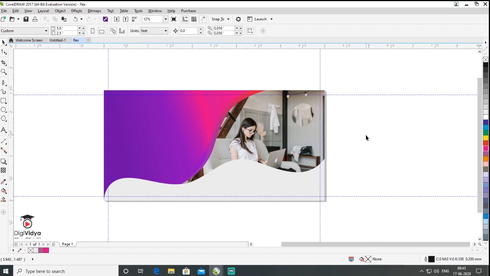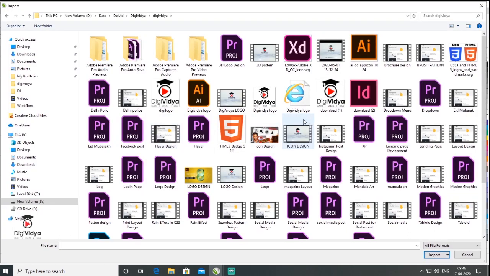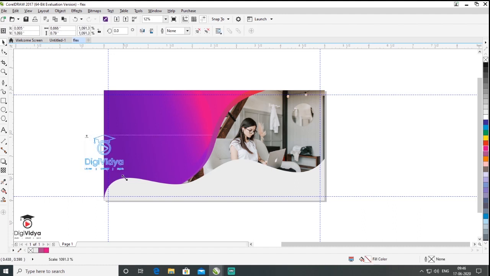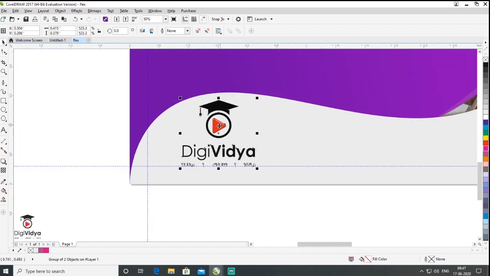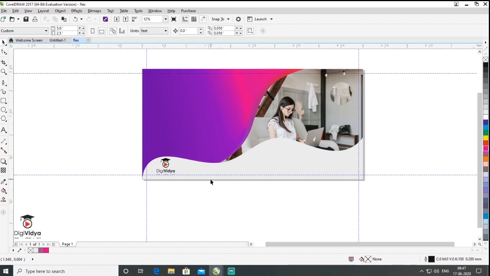Right, now I want to import my logo here. I want to place a logo, so I go for file and import. So I have a logo in vector form. So here is my logo. I just select the Illustrator file and just click here, simple, and then drag this logo and I want to place here, right. After placing the logo, I want to write something here.